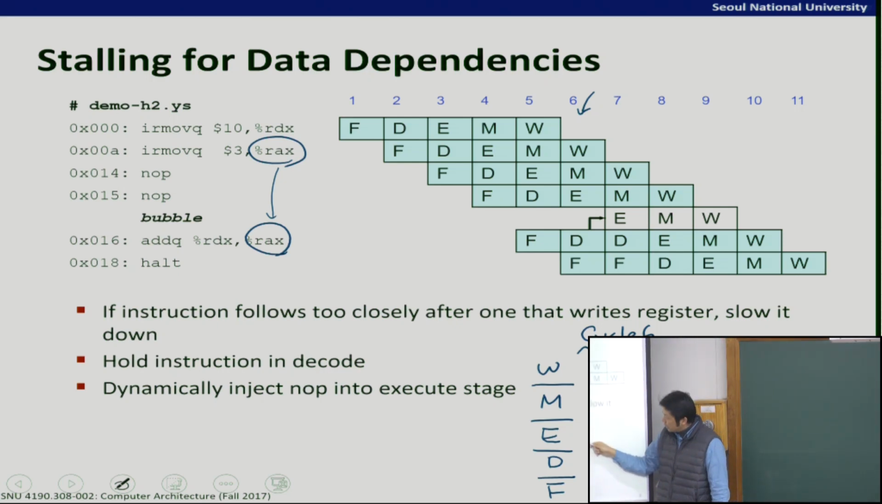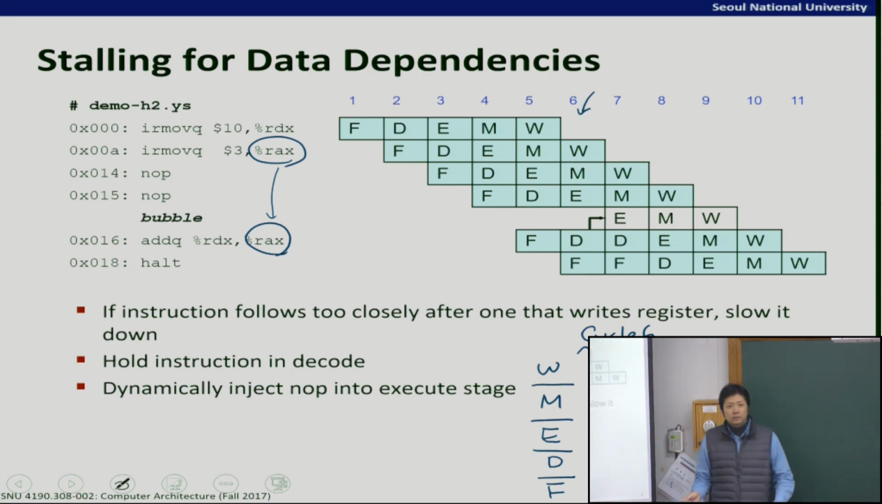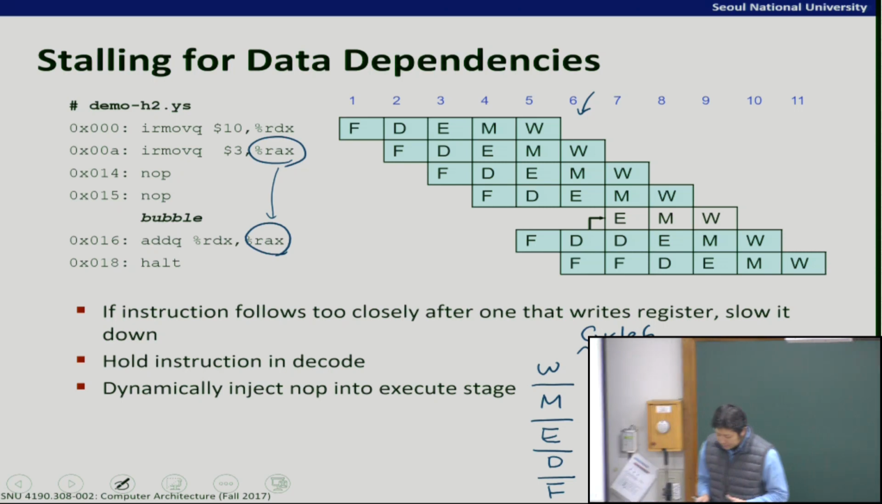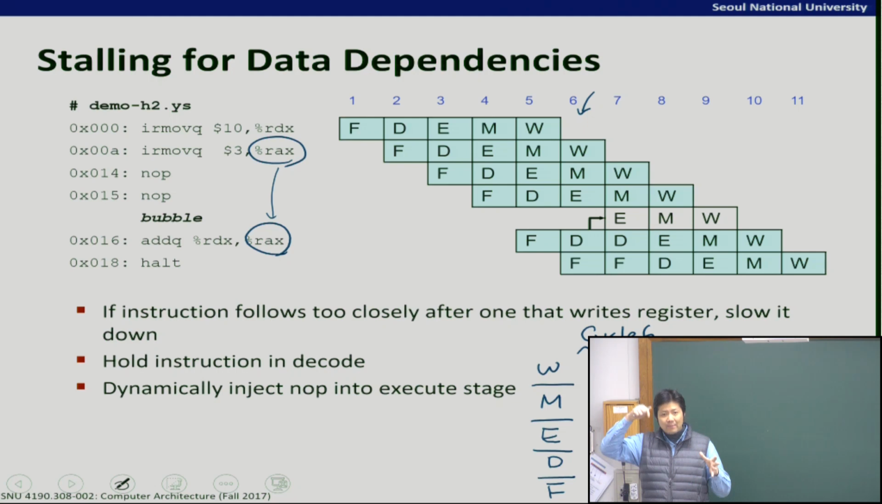In cycle 6, this one is in W stage, this one is in D stage, this one is in F stage, right? So if you stall the pipeline, then stalling means the pipeline dynamically inserts a NOP, no operation, between the two instructions. In other words, we hold the second instruction in decode stage, and the rest of the pipeline makes progress forward. So in cycle 7, the next cycle, if your stall is applied,